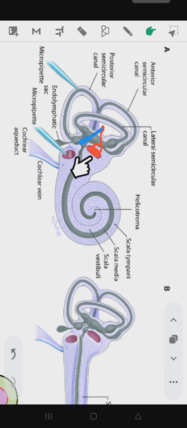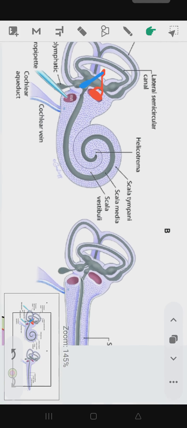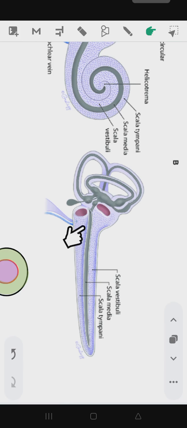So I have made a diagram to help you understand that the stapes is connected with the oval window. Now you can easily appreciate that it is a kind of coiled structure, right? So it becomes a bit tricky to understand. Don't worry, we are just opening this coiling. Now as we open this coil, we get this. Now it becomes easier to understand. That is the oval window, that's the round window.